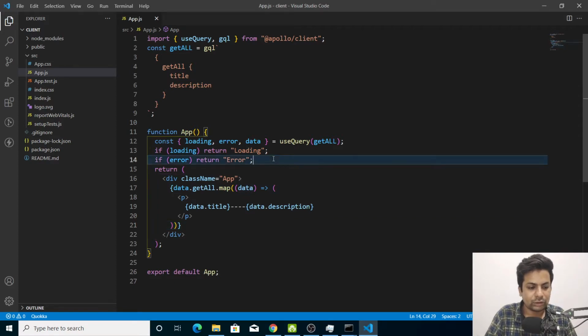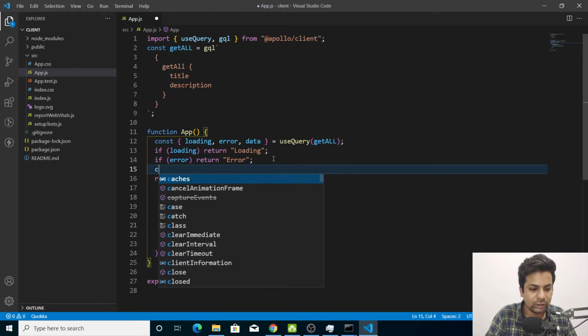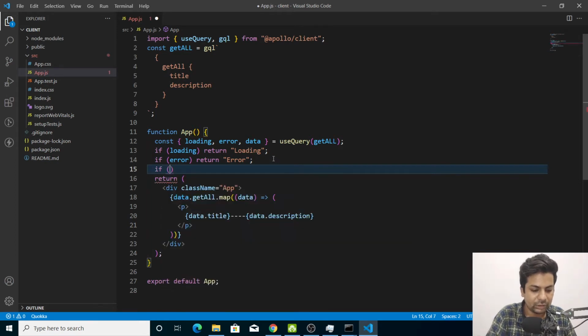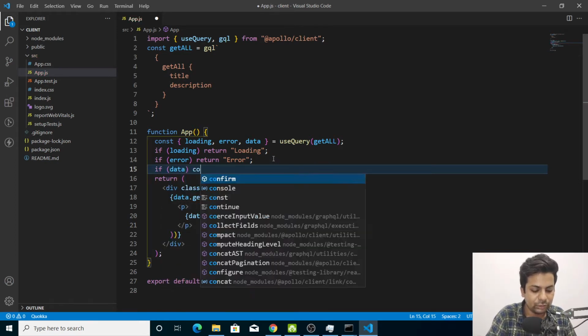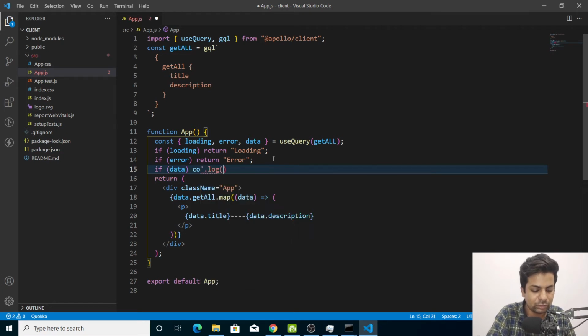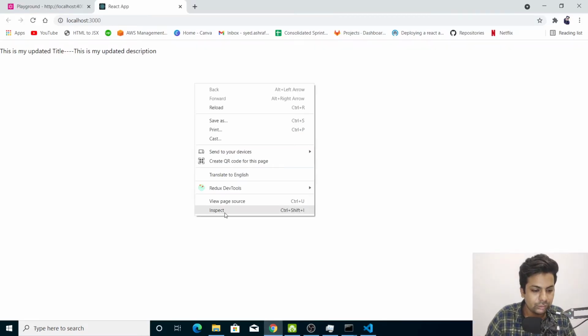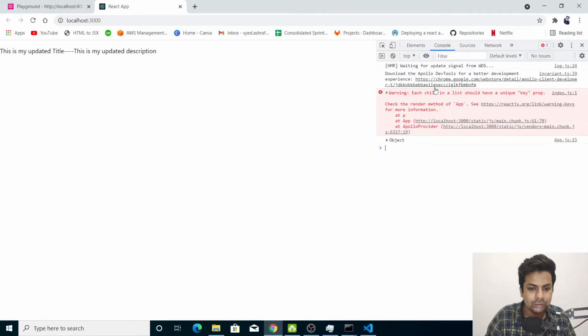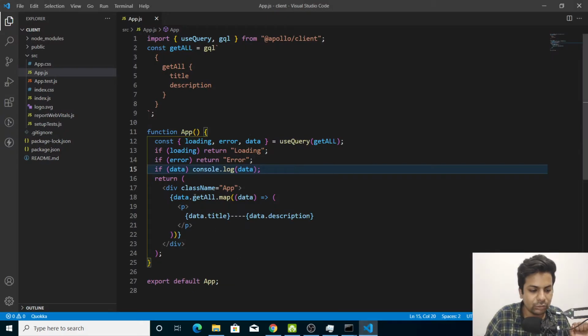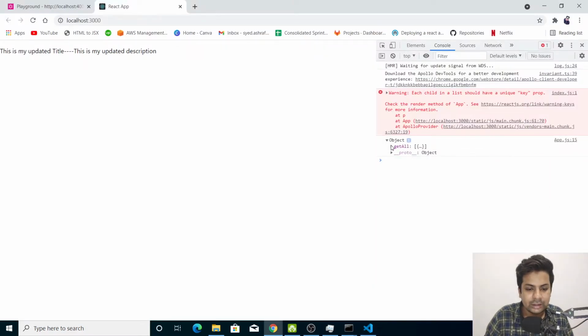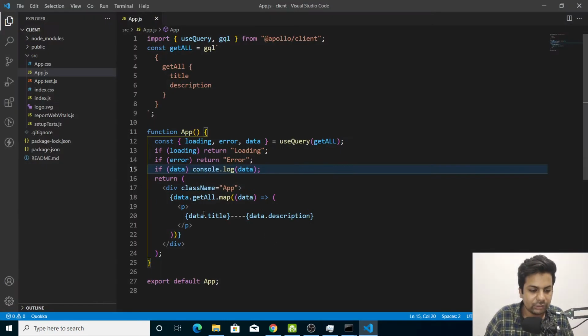If I just do console.log data, okay, let me just save it and go to inspect tab, console. So you can see we are getting an object, and here we have get all. That's why we are going inside get all. After that, inside get all we have an array, then we have title and description. So after that we are mapping the array, title, description. Okay,